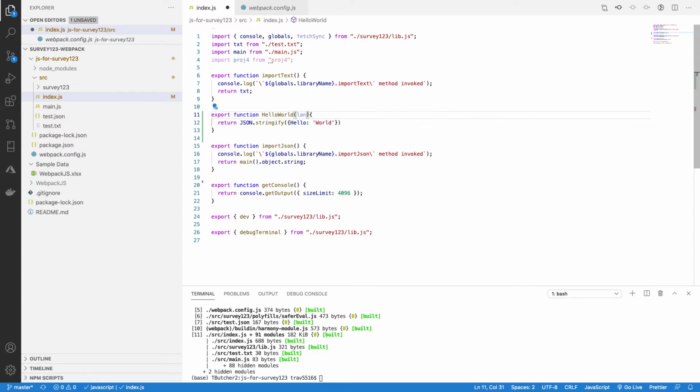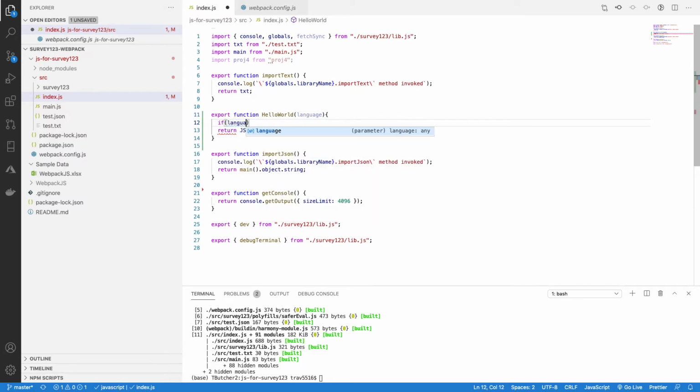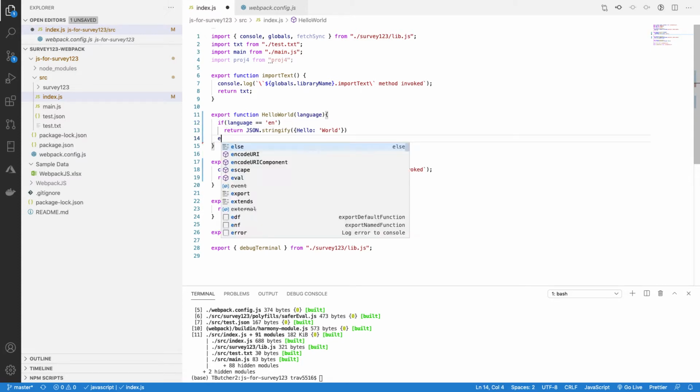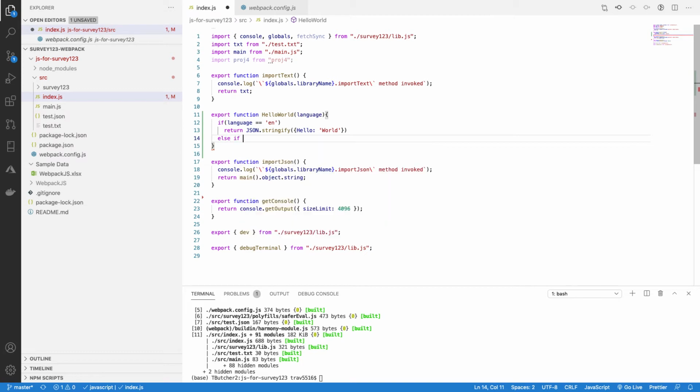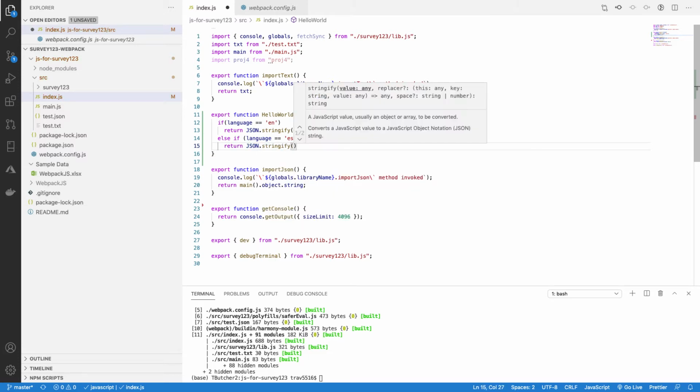So let's say I want to say what language I want the hello world to come in. And let's just do a pretty simple function here. So if language equals en, return hello world, else if language equals es for Spanish, we're going to return JSON.stringify of, in this case,